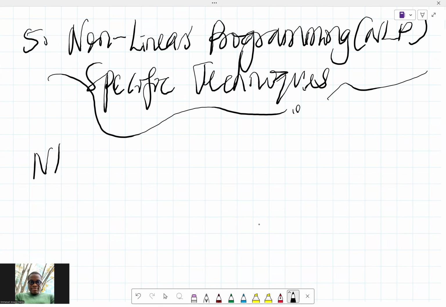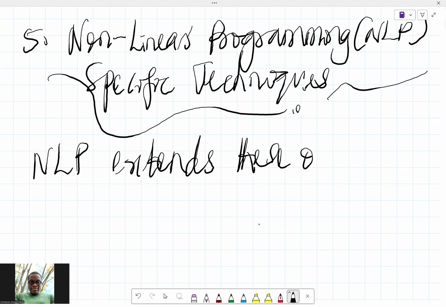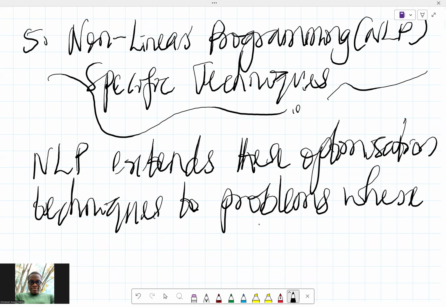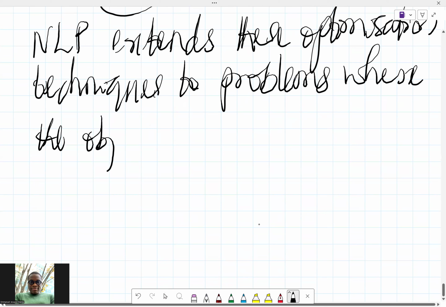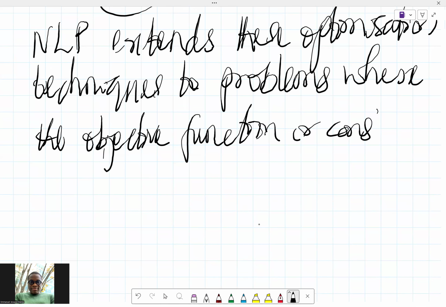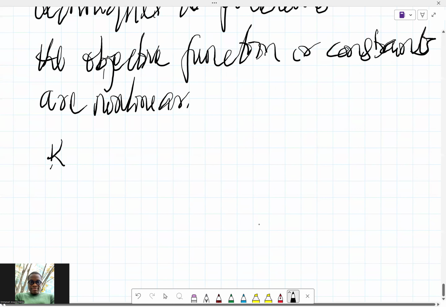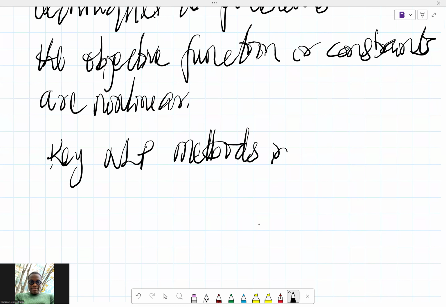Nonlinear programming, NLP, extends these optimization techniques to problems where the objective function or constraints are nonlinear. So key NLP methods include